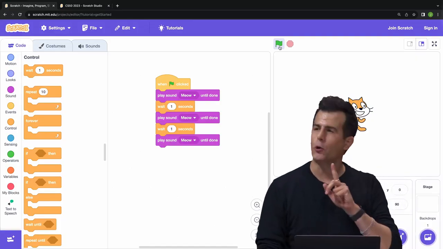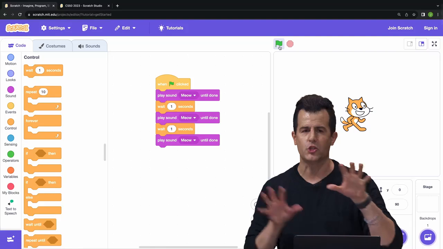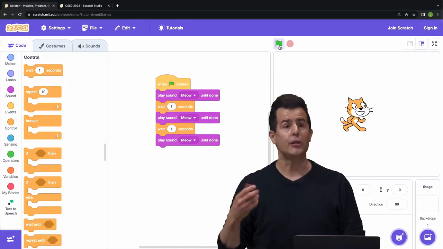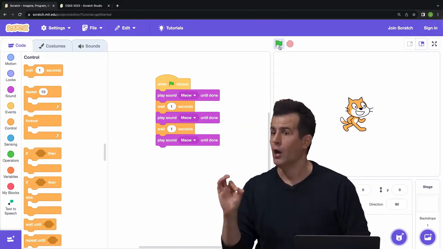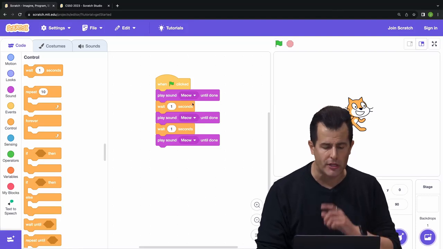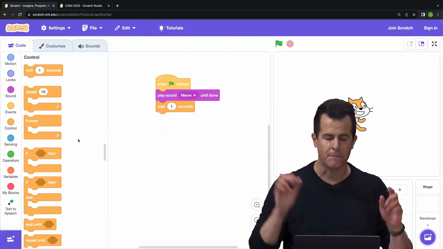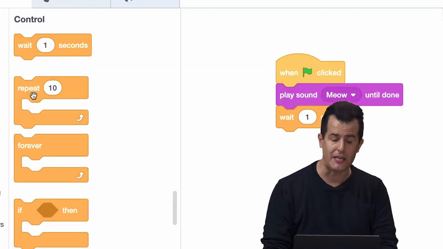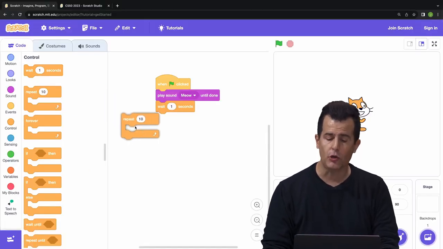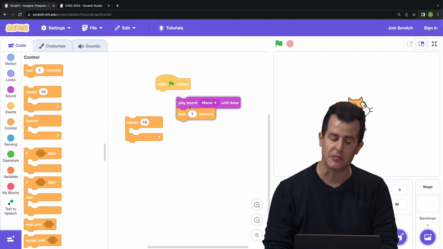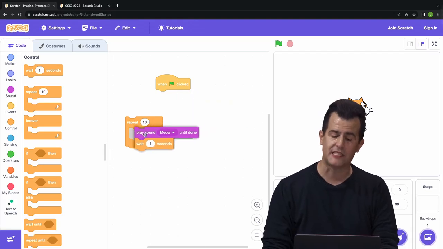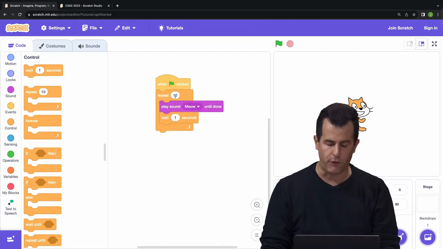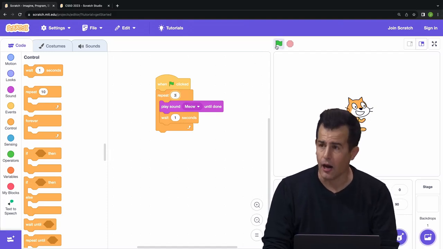And so I would propose that we use another type of building block to solve this instead. Yeah, so we could use a loop and just write minimal code, but to accomplish even more functionality. So let me throw away most of these blocks. And let's go and grab this repeat block, which we haven't used yet, but it's right there. And as the name suggests, this will allow me to repeat something some number of times. Let me put these 2 puzzle pieces inside. It'll grow to fill. Let me reconnect it to the green flag. I'll change the default 10 to a 3. And now